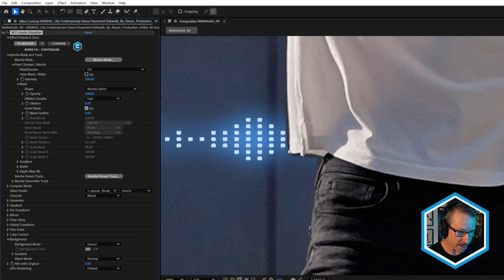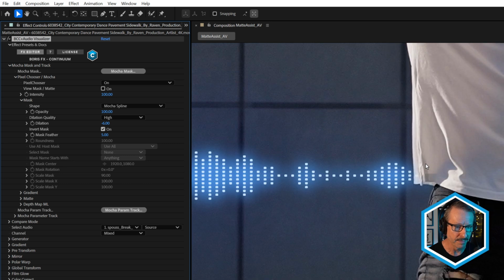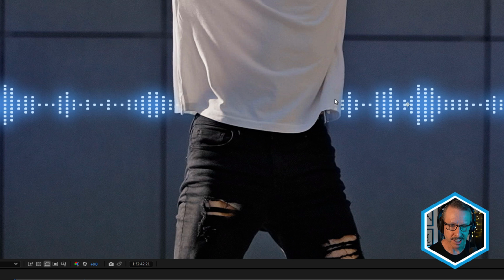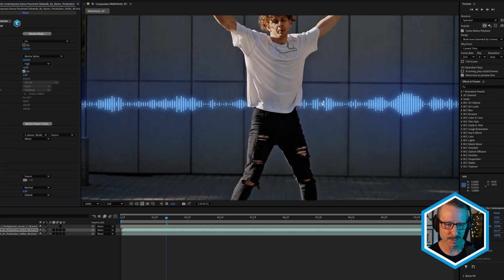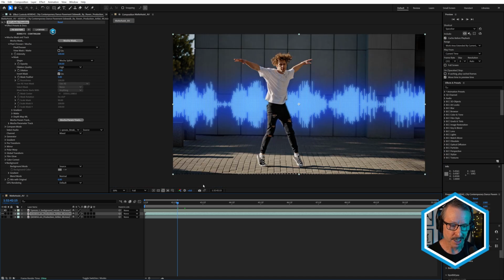I can fine tune this just by using dilation. So what I'll do is I'll just drop that down maybe to about, I don't know, -6 or 7. So that's dilated that. And I'm going to change that to high to give me slightly better dilation. And what I can also do is just slightly feather it to around the same value as the dilation. And now we get a kind of a light wrap effect. And obviously he's wearing a t-shirt, so there could be semi-transparent. So that's possible as well. But I think overall, for the speed of that and the result, it's pretty amazing.